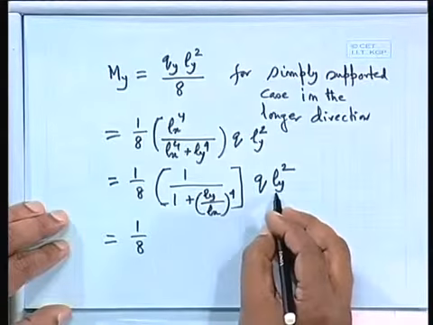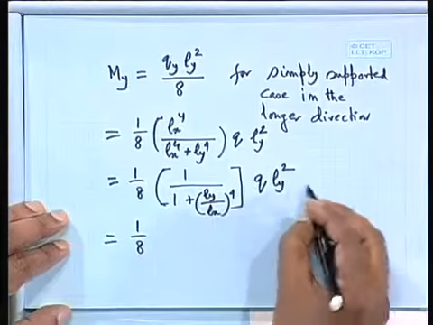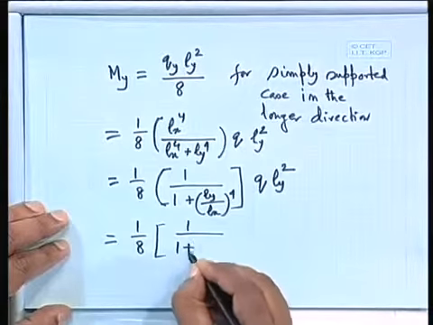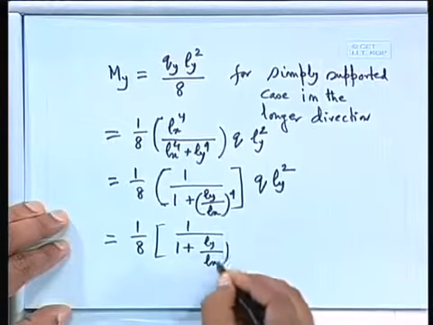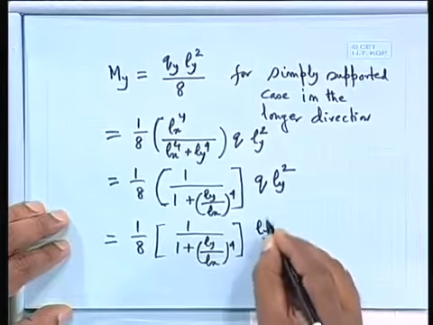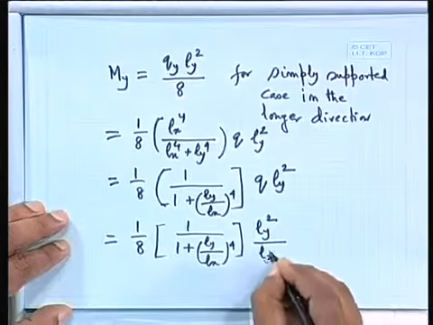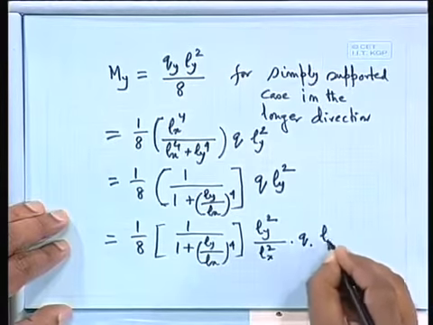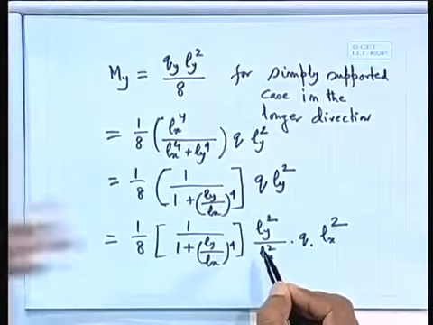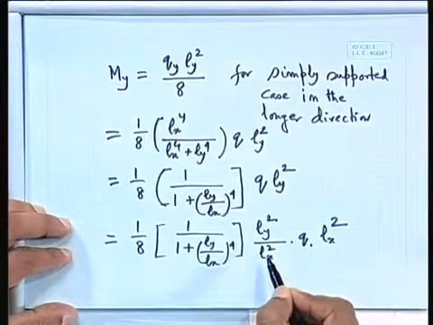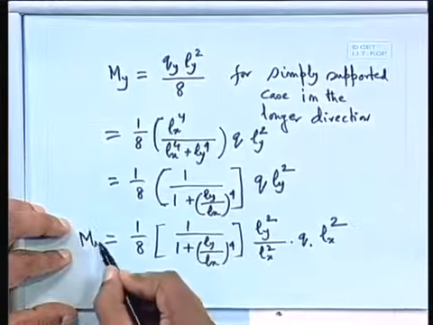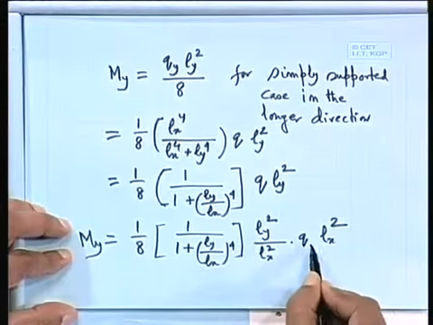What I shall do here, let us divide it by Lx square and multiply by Lx square. So 1 by 1 plus Ly by Lx to the power 4 times Ly square by Lx square times q times Lx square. I shall write this one this way because everything we always mention as Ly by Lx. So we shall write down that My will be equal to times q Lx square.